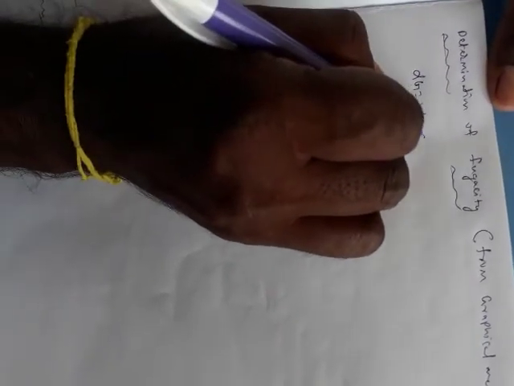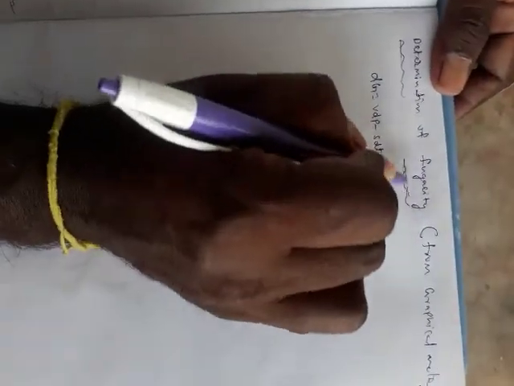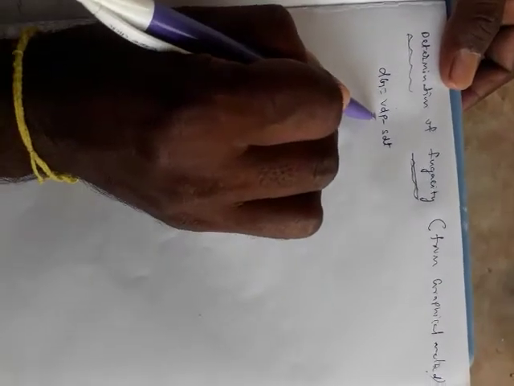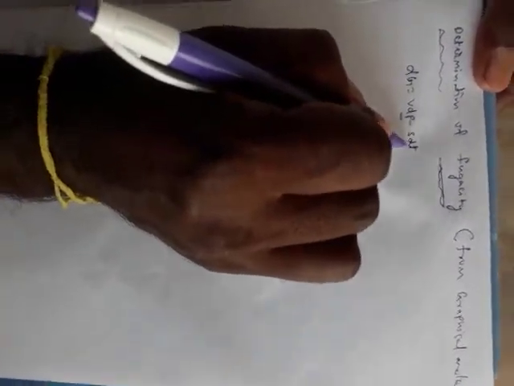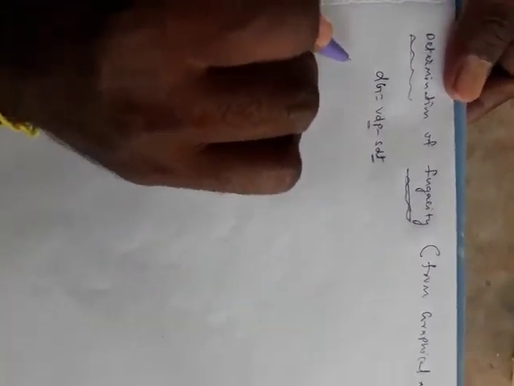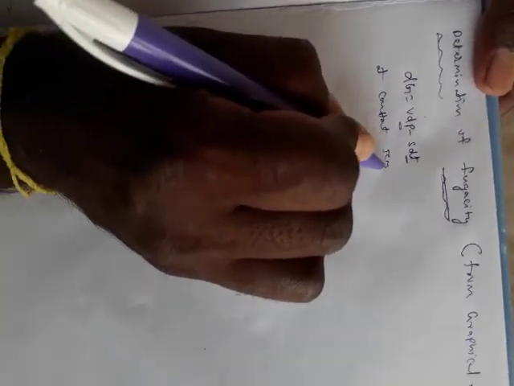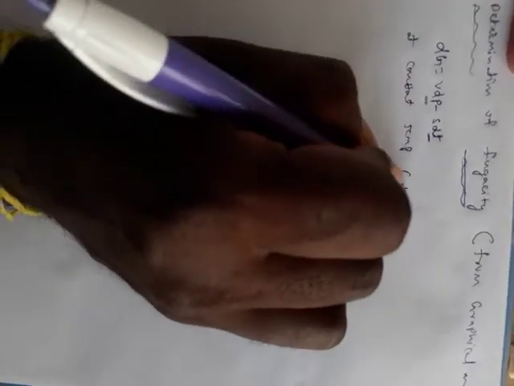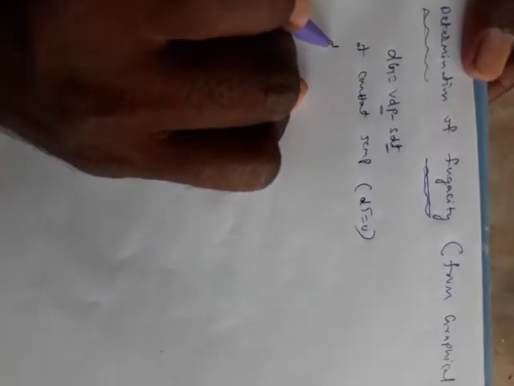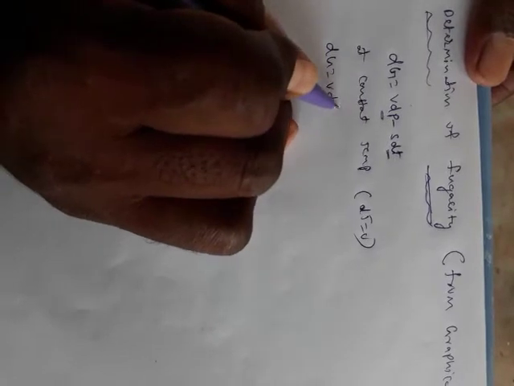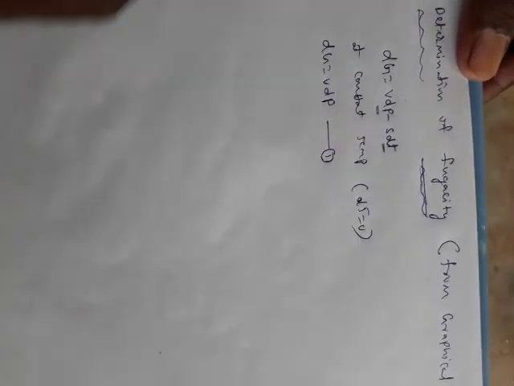Right, this equation is derived from the Gibbs equation. We know very well the Gibbs equation: dG is equal to VdP minus SdT. We want fugacity, and fugacity means nothing but pressure. That's why we take temperature constant, so dT equals 0, and dG is equal to VdP, equation number 1.